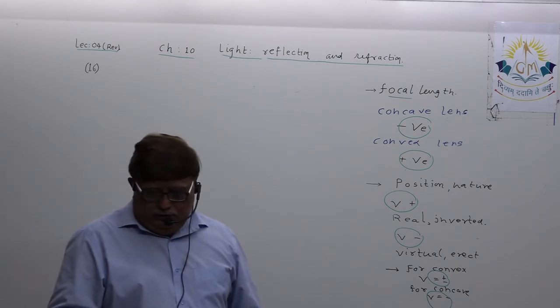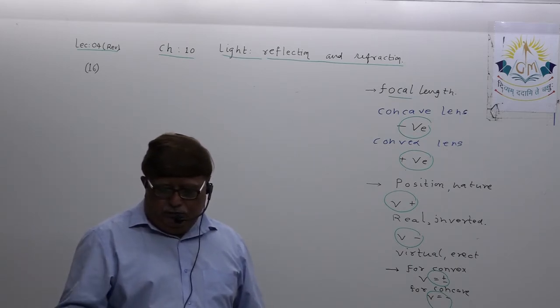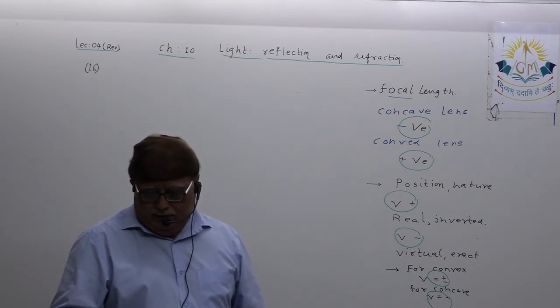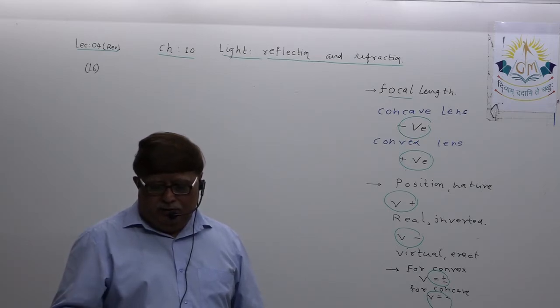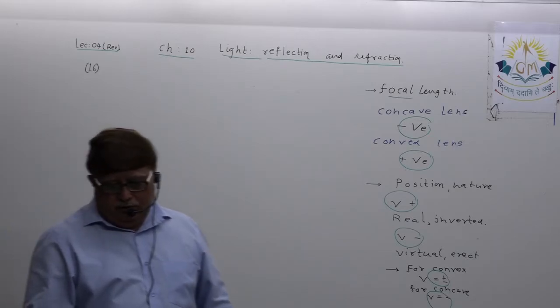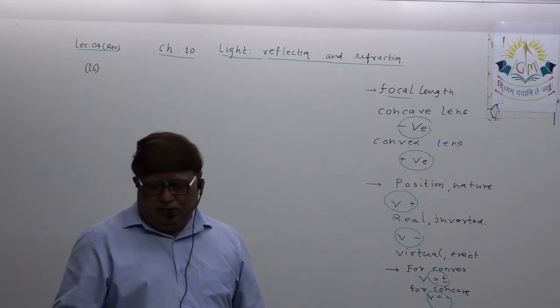At what distance should the object from the lens be placed so that it forms image at 10 centimeter from the lens? Also find